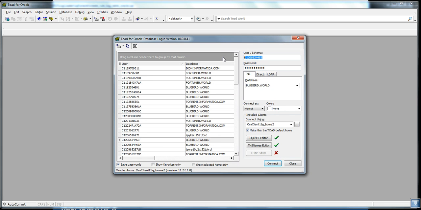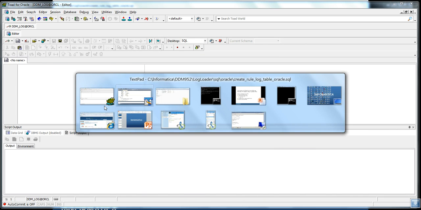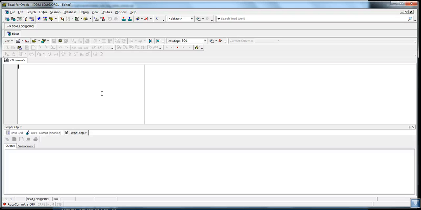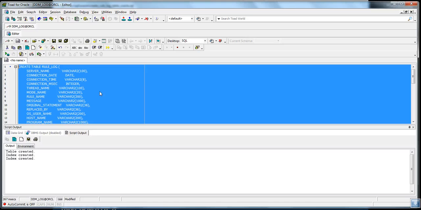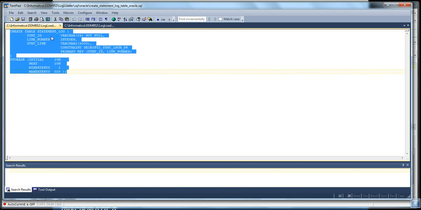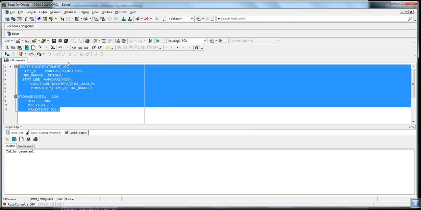Now I connect with the newly created user. Now I'm going to run the scripts. The first one is rule log. And now the second one is statement log. Now we are done with the table creation, and the third step is to configure the log loader properties